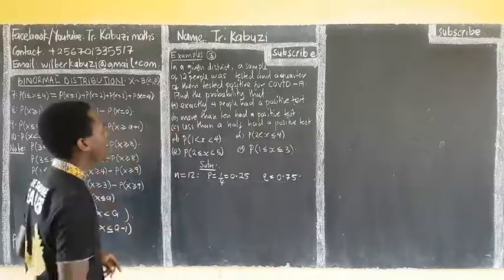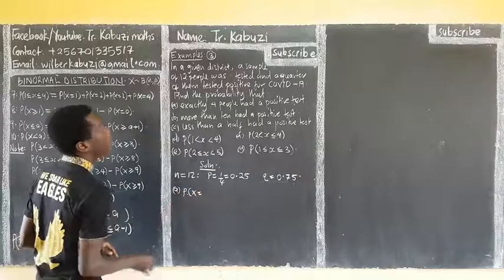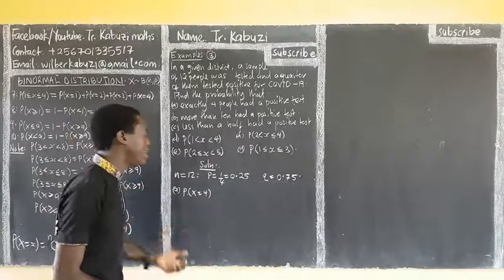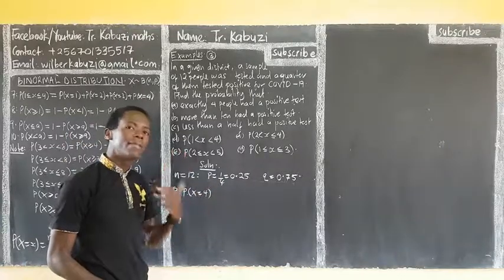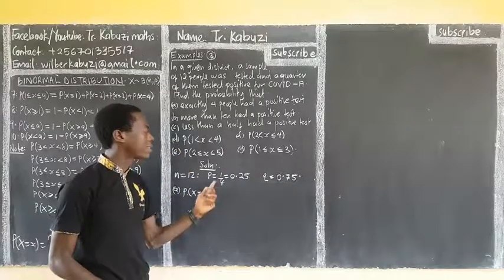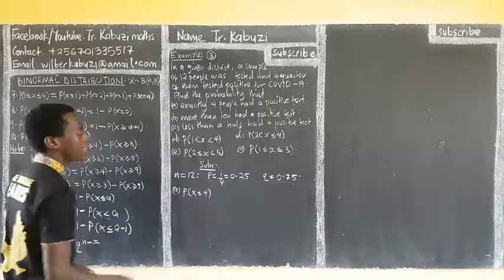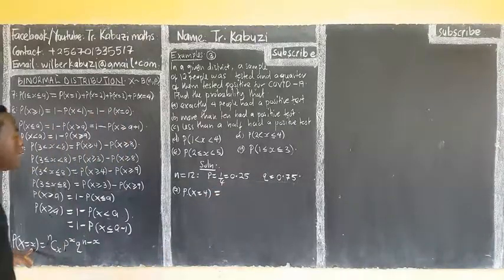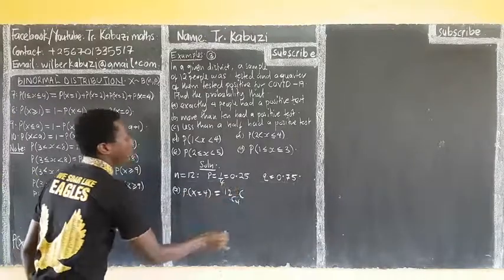So part A: exactly 4 people had a positive test. Now our probability of success is the number of people that had a positive test. That's why I'm taking this with the probability of success. So if you have this, you can use the formula. Our formula is here: 12 combination 4, into our probability of success,